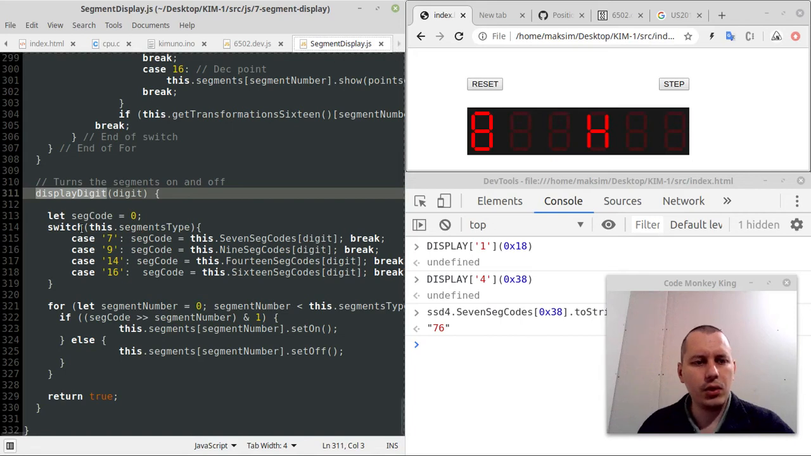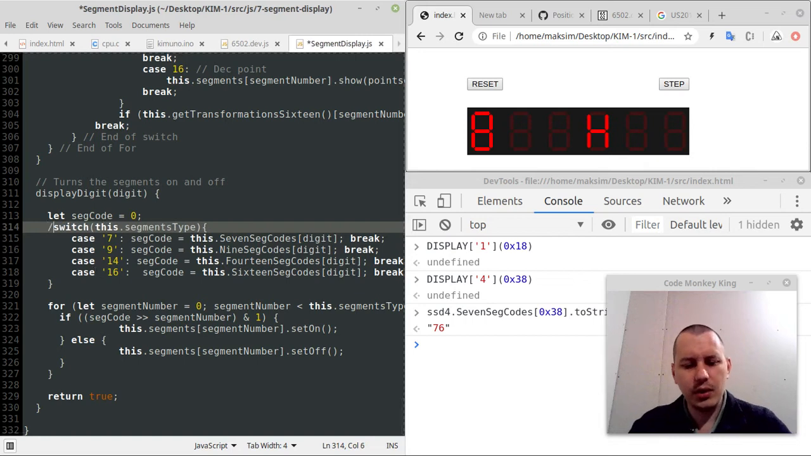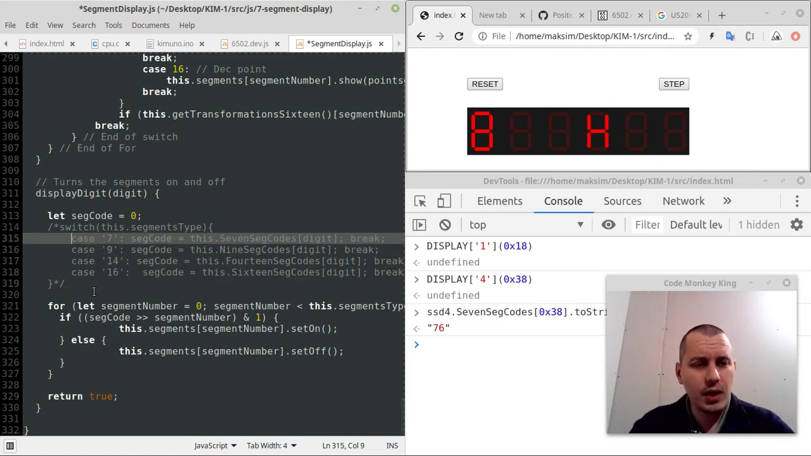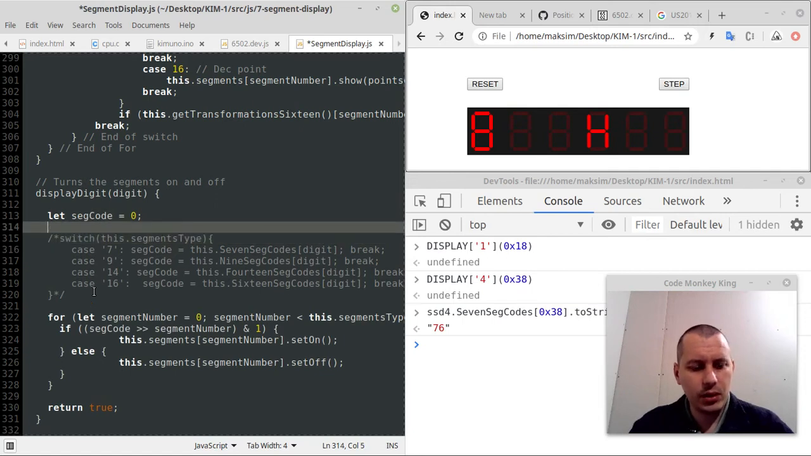Yes, so display digit here. Okay, and what it does, it takes the digit that we're sending to it, and then it looks up within the 7-segment code. Actually, I think that instead of this lookup, we don't really need this entire switch case, because this library assumes that you might have 7-segment LEDs, 9-segment, 14, and even 16-segment LEDs, which is not the case. So what I need to do is just set the segment code directly to